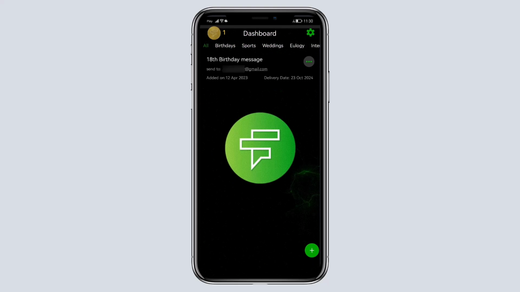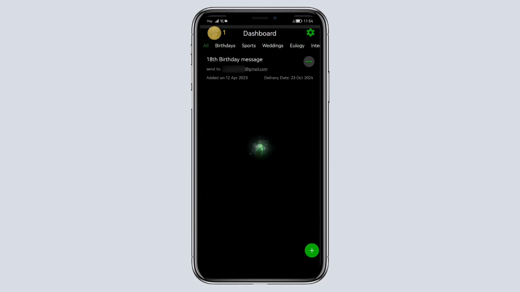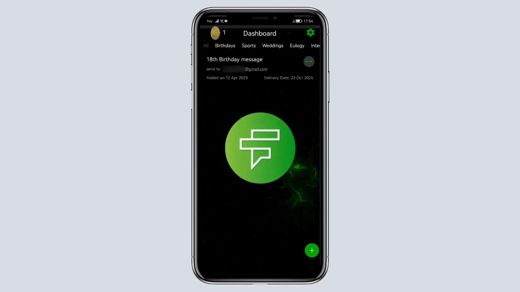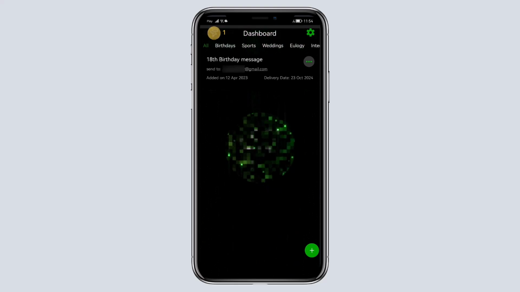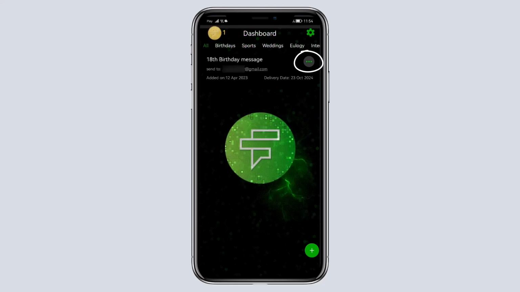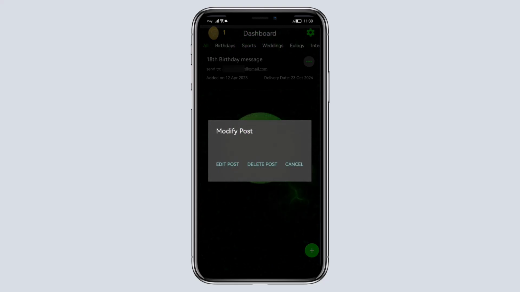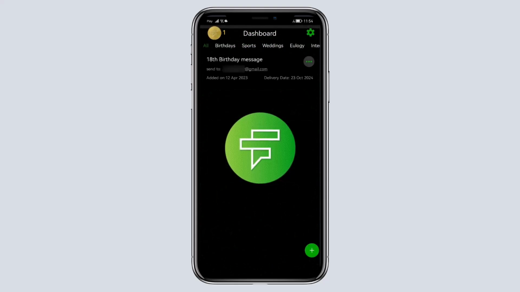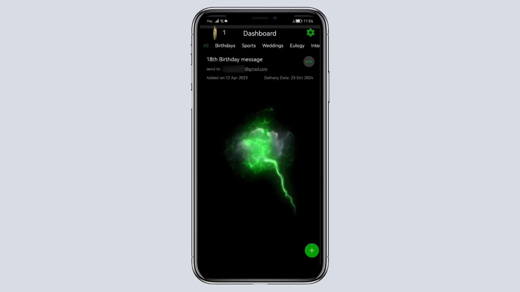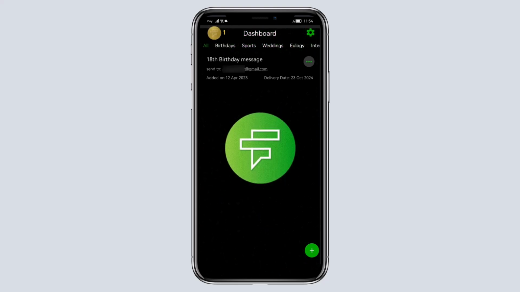If you ever need to make changes to your message or cancel it altogether, you can do so on your dashboard within the mobile app by clicking on the three dots next to the message to edit the text or delete it. When the scheduled time arrives, your messages will get sent out and the recipients will receive an email